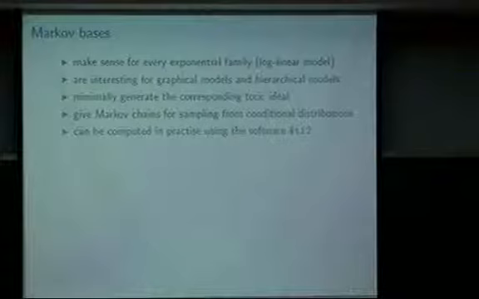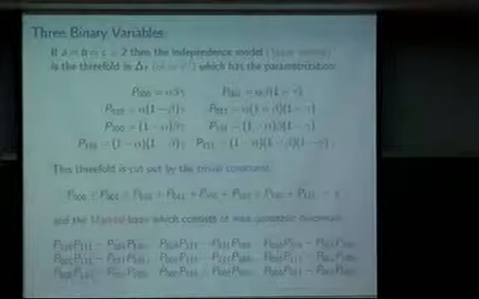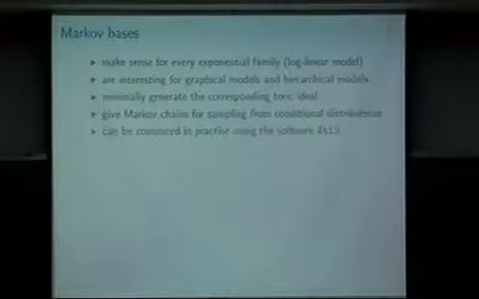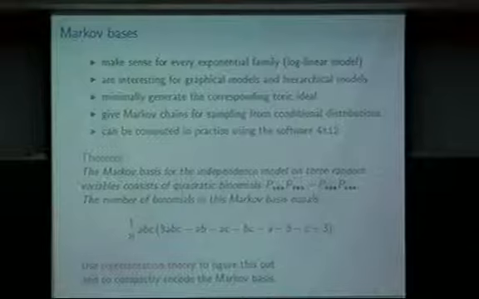For commutative algebraists, they're minimal generators of a toric ideal, and practitioners use them to build Markov chains for sampling from conditional distributions. But most important, you can compute these kinds of relations for much, much larger examples. If you have a much larger example, there's quite efficient software called 4ti2 that will calculate the Markov basis of such a model for you. Of course, sometimes you don't need to do that. Sometimes you can just prove a